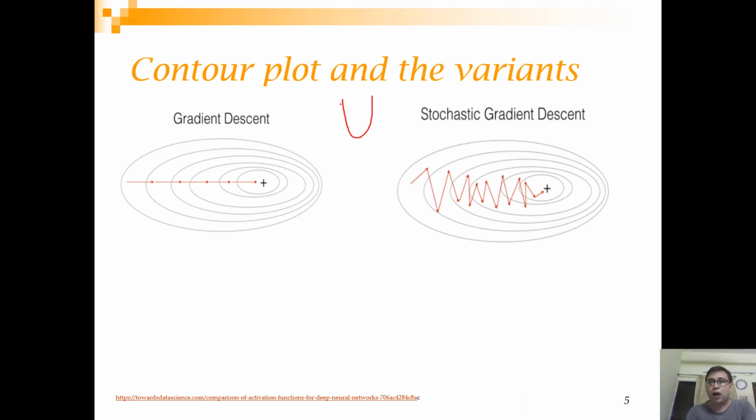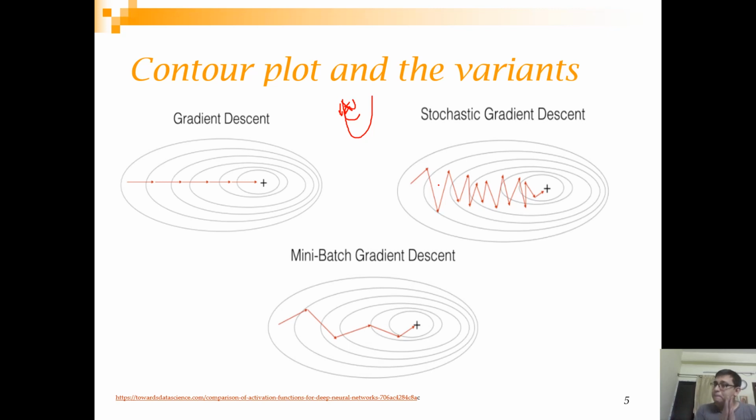and that is not your actual gradient curve. If it is for one observation, it can have a shape like this. So instead of going like this, you start going like this. Once you have gone like this, the curve that you get may be like this, so you have shifted like this. As a result, the path you get is quite zigzag. And somewhere in between you have mini batch gradient descent, which is not as smooth as gradient descent, but quite smoother than stochastic gradient descent.